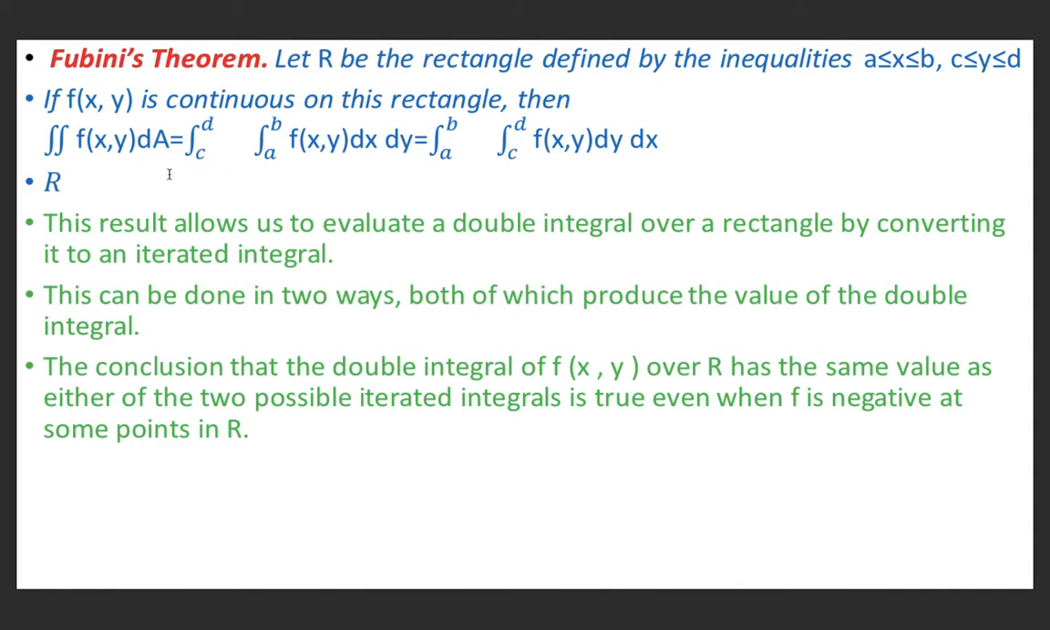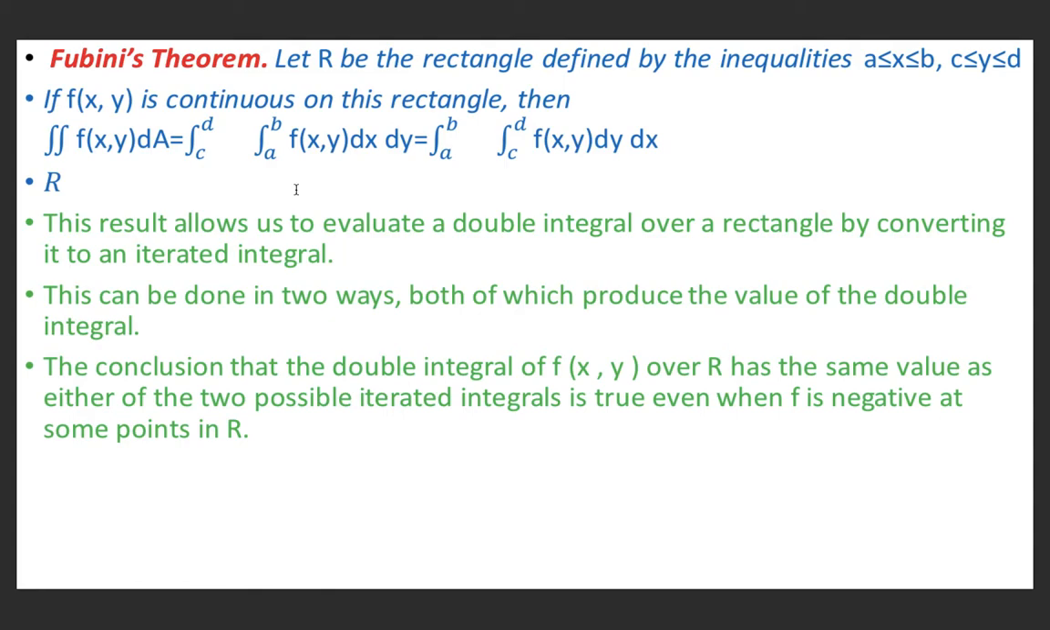So this allows us to evaluate the double integral over a rectangle by converting it into iterated integrals. And this can be done in two ways, both of which produce the value of the double integral. The conclusion that the double integral of f(x,y) over R has the same value as either of the two possible iterated integrals is true even when f is negative at some point in R. So first we take an example,